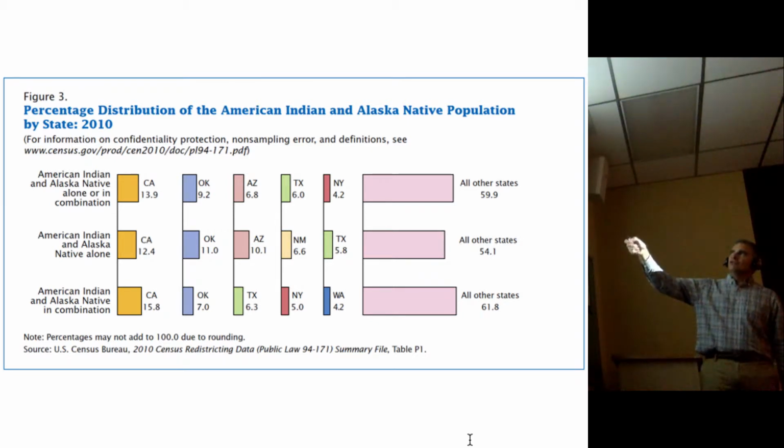So, New York has an indigenous population that's pretty significant. So does Washington State. Anyway, and then you have all the other states, but certainly California, Oklahoma, Arizona. So this is, for the most part, any way you slice it.